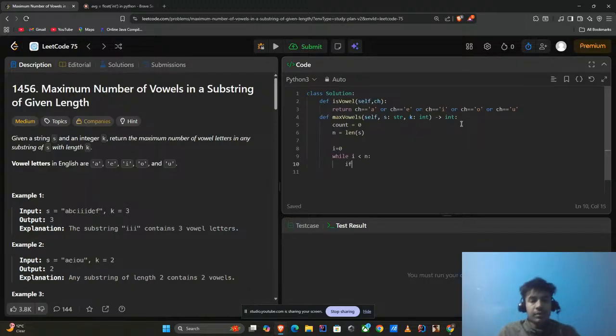If my j is less than n, let's make a helper, if my self.is_vowel,